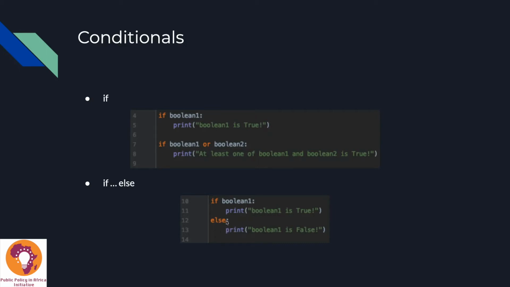So we have our else colon, and then we have what happens in the case that the Boolean expression in our initial if evaluates to false. That's what happens in the else block. So this is like a catch-all block. Up here on line 10, we have if Boolean1,